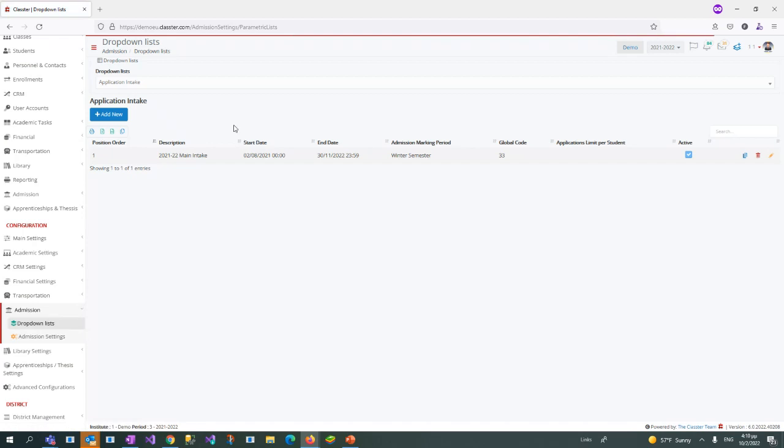The first important setting we must have in all our periods is an application intake. So we must have at least one intake in each period. In my demo now, the academic period is the entire academic year. In another scenario, the period may be semester 1 and semester 2 from the year. In any case, I must have at least one intake open with the relevant dates